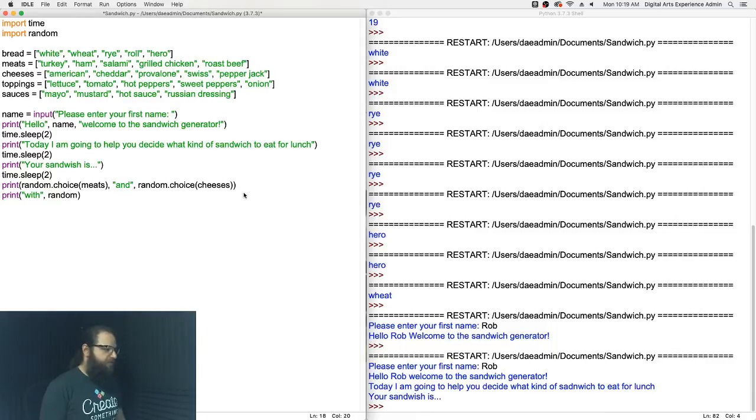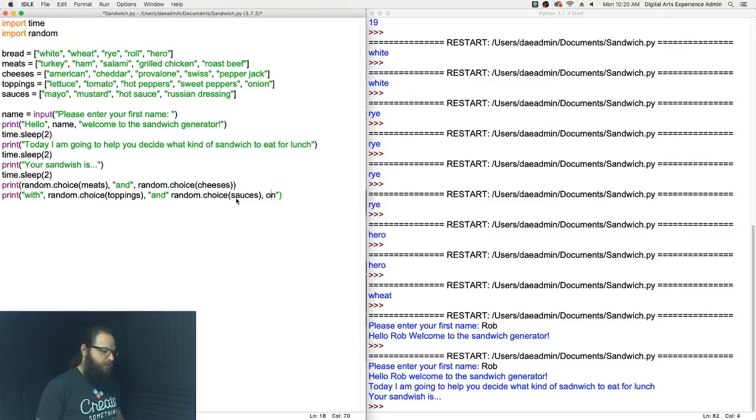So we'll do random.choice again, and we'll put in toppings, and oops, need to put those quotes or else Python's gonna get angry at me. I'm making all kinds of mistakes today, and so toppings and sauces